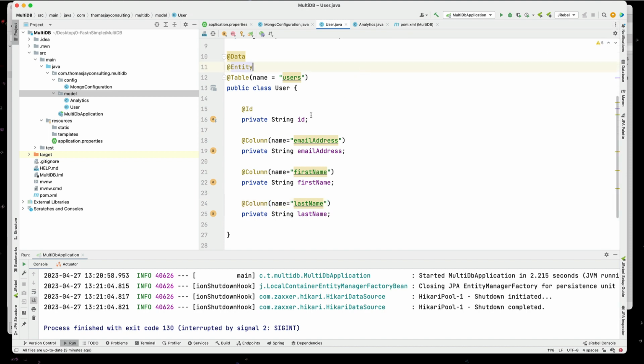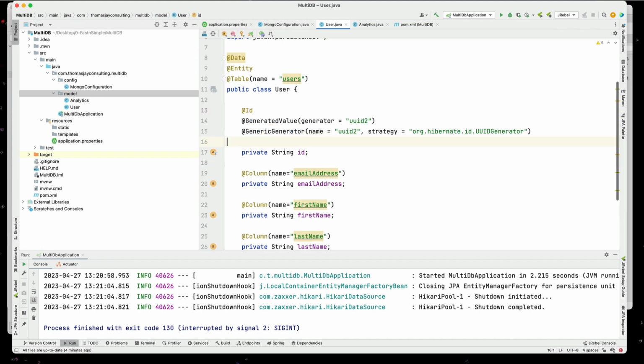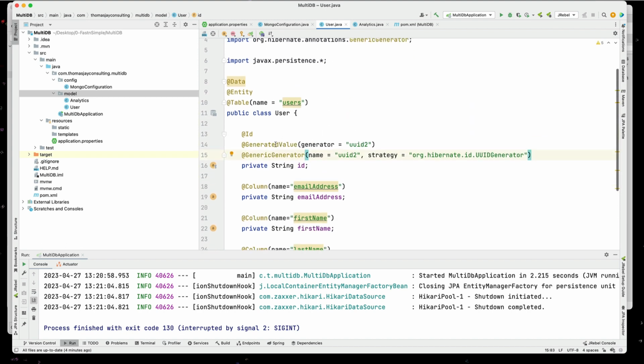Okay, now I defined this right here as a string, but I don't want to actually go through there and have to create the IDs. I want to auto-generate that. So we have one thing that is very nice that we can use in JPA, and that's to auto-generate that off a UUID. So we can do that using a couple annotations, and I'm just going to drop these in here. So I'm going to say generated value based off UUID2. Generator name is UUID2. Strategy is